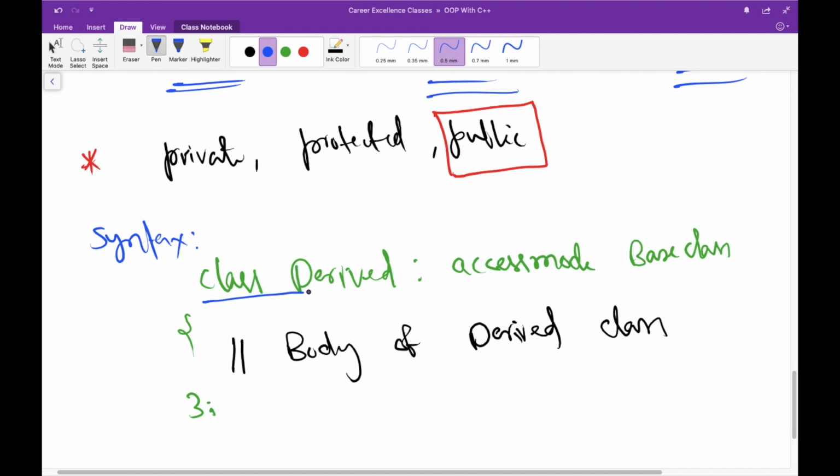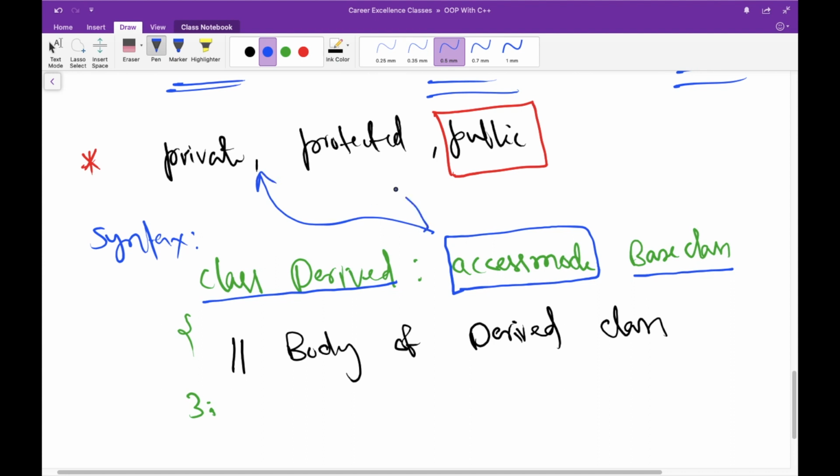So this is the class we are writing just now, but here is another class that has already been written, and then there is a mode or access mode we can say, which is very important, and this access mode could be of type private, protected, or public.